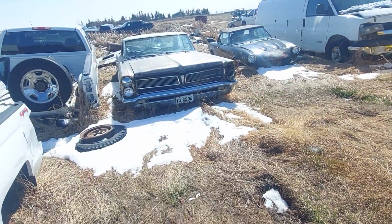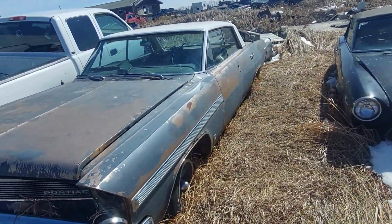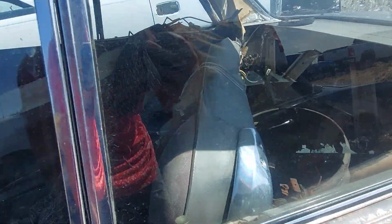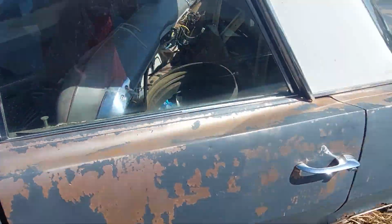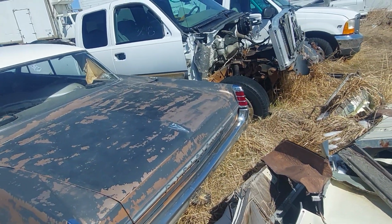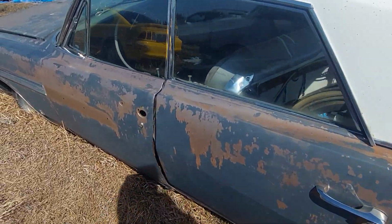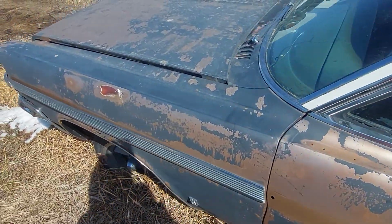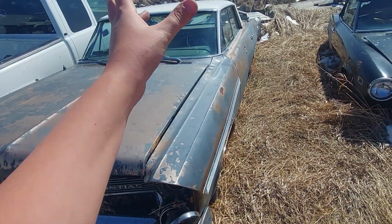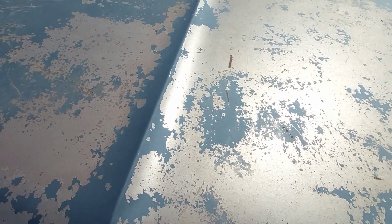Let's move on here. We've got, nice, a 63 Pontiac, probably Laurentian or Catalina. Says V8, which is not surprising. Bench seat. Column shift automatic. It's very, very cool. Oh, it's a Parisienne. Okay, so this is a Canadian-only version of one of these. What this actually is underneath would be a Chevrolet Caprice, technically. The Pontiacs use different frames, they use different engines. So this would have, if it's still in here, a small block Chevy, which...